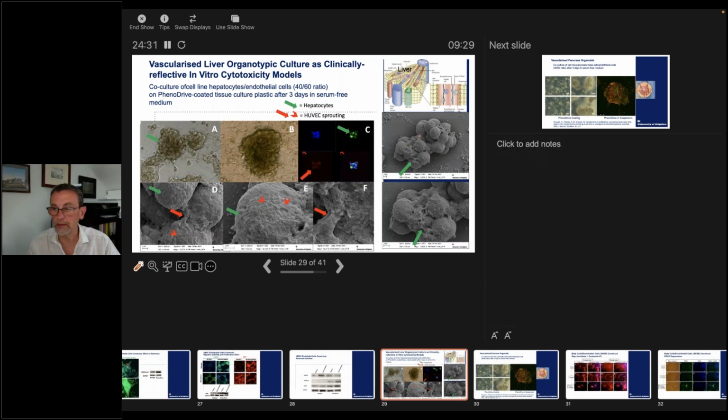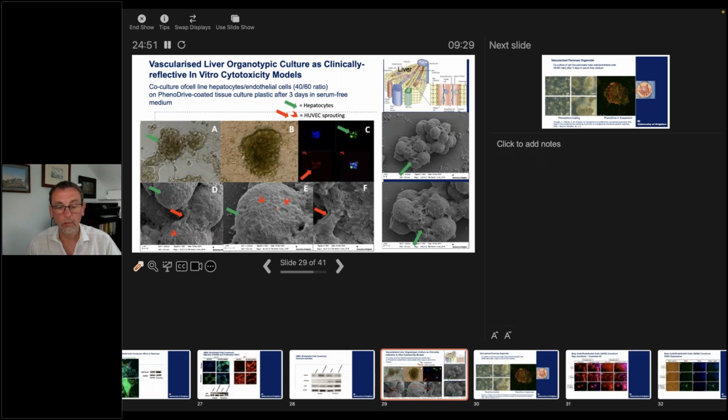But moreover, these spheroid lobuli-like structures were connected by relatively large tubuli-like structures, which eventually could branch into very small capillary branches all around the